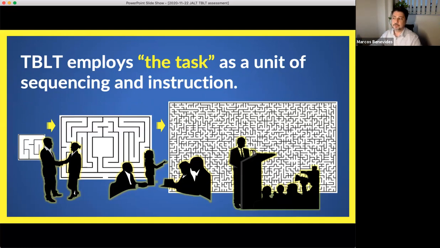But with TBLT, this concept of tasks that are sequenced for instruction and assessed on their own terms as tasks really makes the approach very practical and implementable, in a way that the communicative approach, broadly speaking, has had lots of criticisms for.